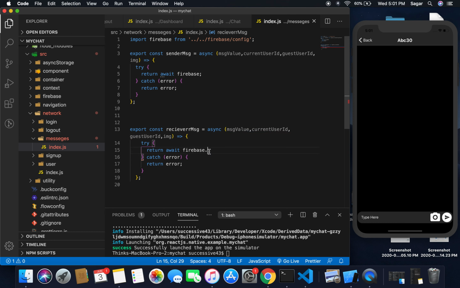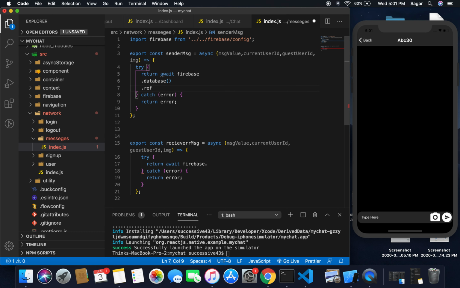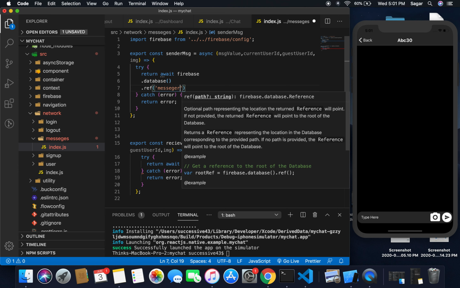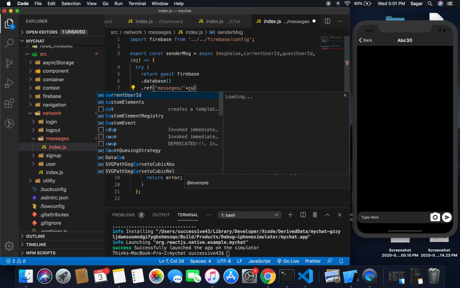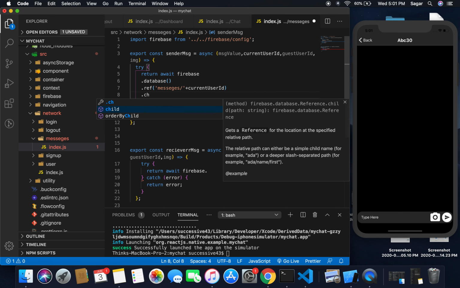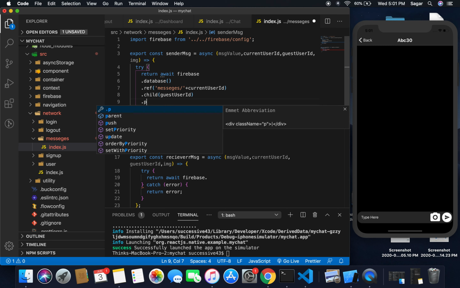and paste here. Now as I have created a database, wrapped with the name message, I'm going to use Firebase database, and inside it I'm going to use the ref, and inside ref I'm going to use the name of ref, and it is message, and after message make slash, and as I'm using current user ID as a child, write current user ID, and after that next child value is guest user ID, and here I need to push